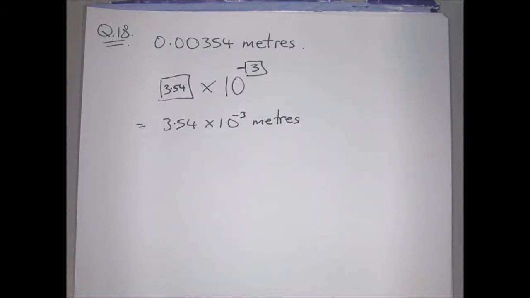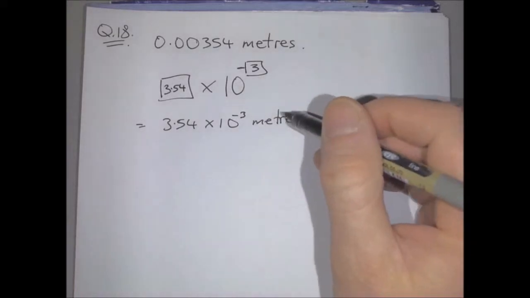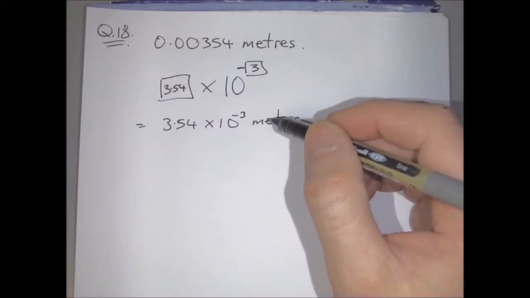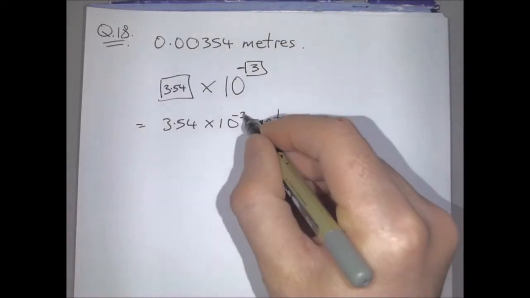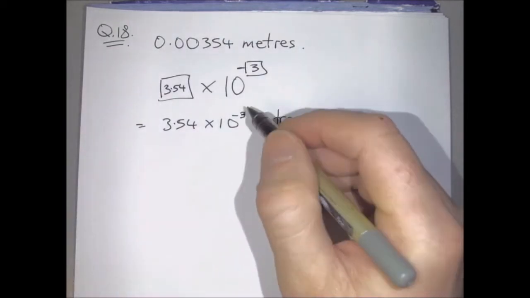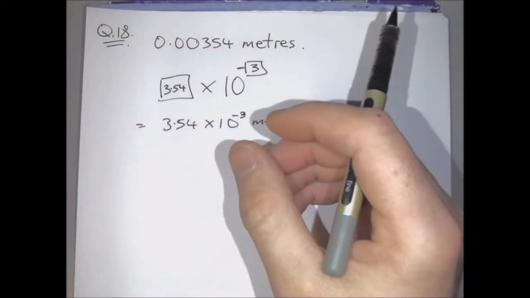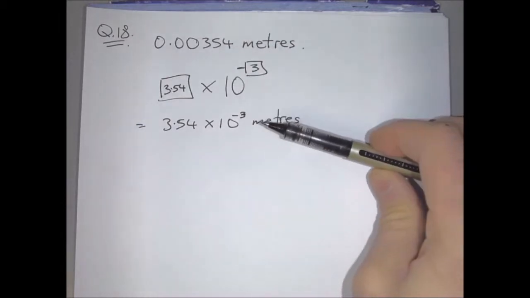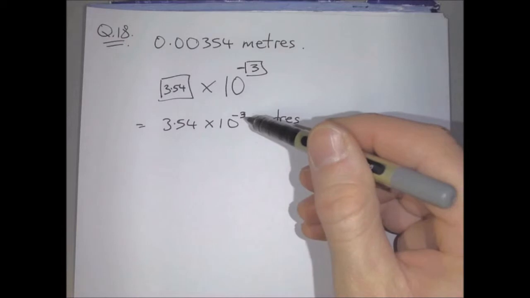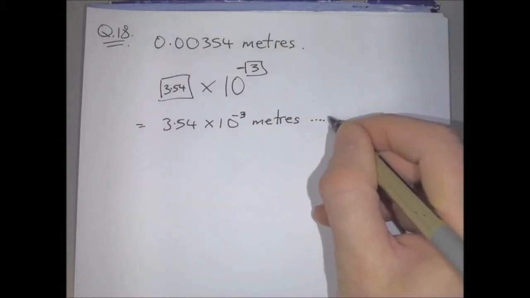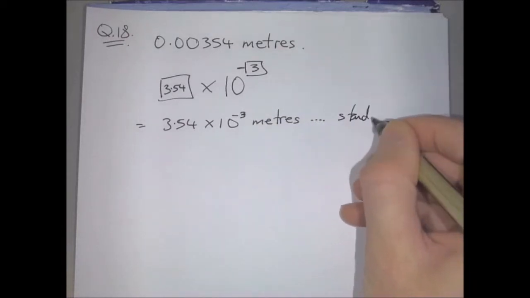In the next part of the question we're asked to write this number in engineering form. Well, engineering form is just a specialized case of standard form, and the requirement for engineering form is that the power here has to be a multiple of 3. So it has to be a 3, a 6, a 9, etc. And it just so happens that we already have this with a power of 3. So this now here is standard form,